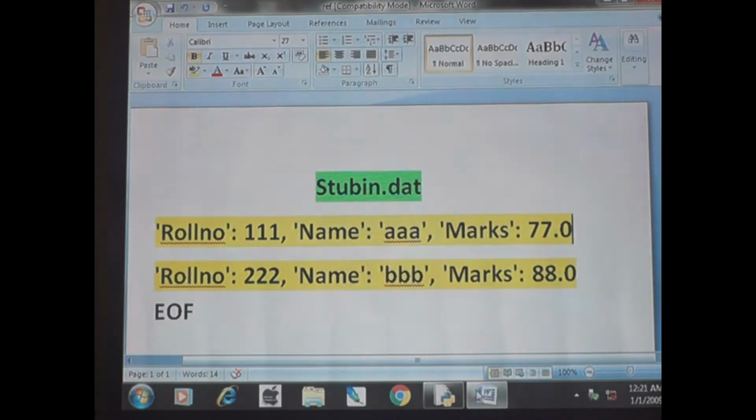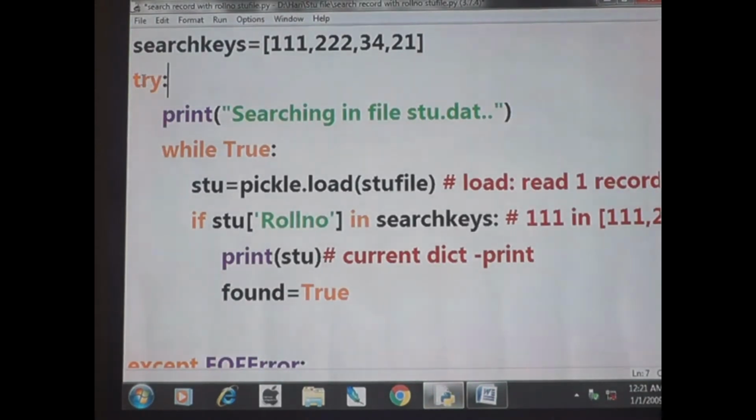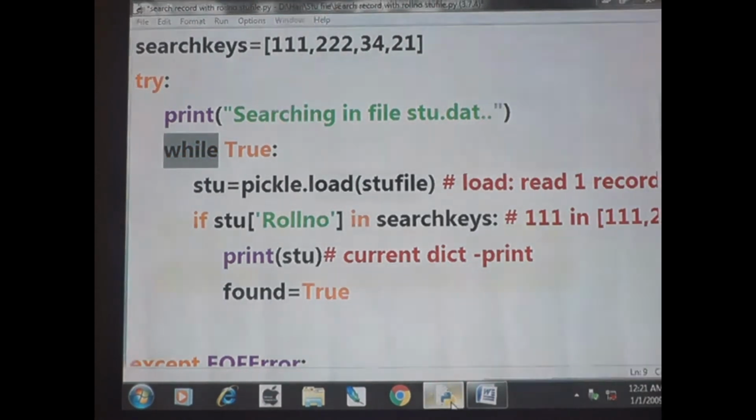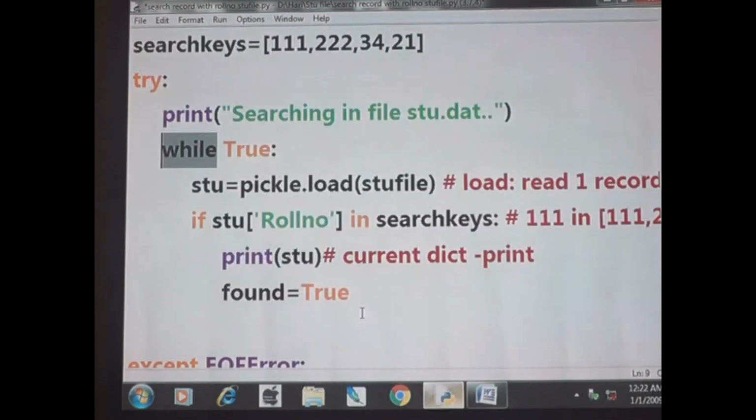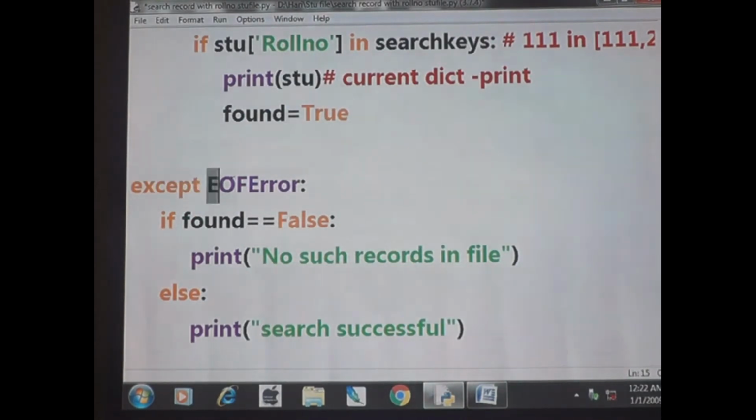Okay, so once again this try will execute, the try block will execute, then this line will be read. Okay, it will come to the end position. Okay, this is the end of the file. Yes, this is the end of the file. Okay, so when the file pointer reaches the last position, the end of file position, only at that time this except EOFError will execute, this portion will execute.